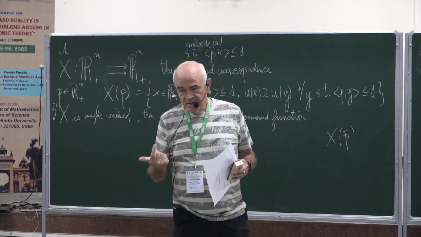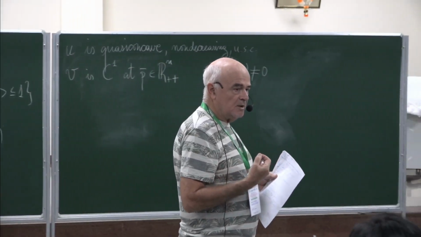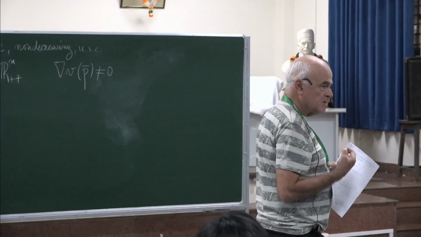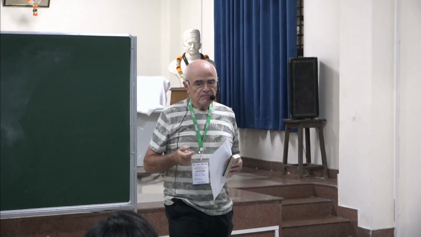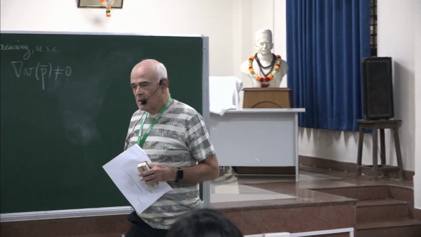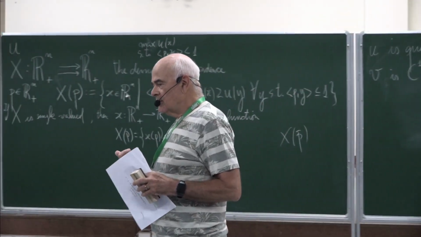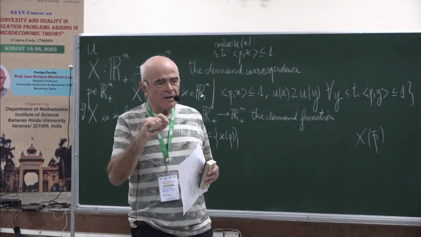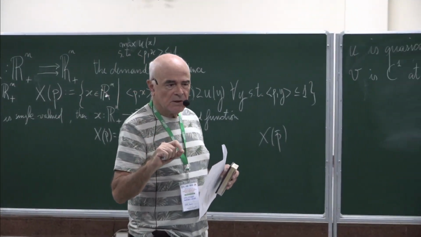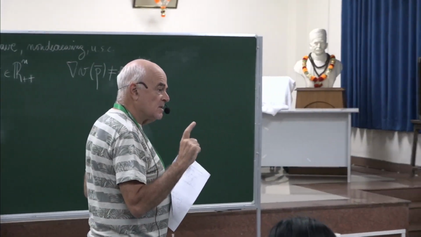Jean-Pierre Crouzet. He published a rather deep paper, like almost all his papers, also in the Journal of Mathematical Economics, before I published that one, so maybe at the end of the 80s, with a title something like Duality between Direct and Indirect Utility Functions, the Differentiable Case. And he presents a beautiful, non-trivial